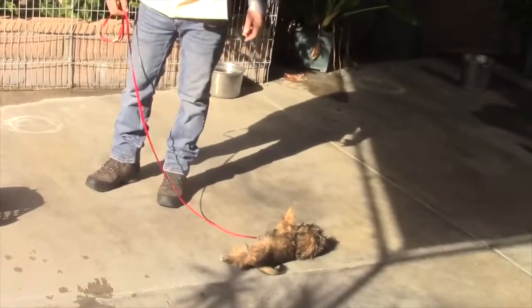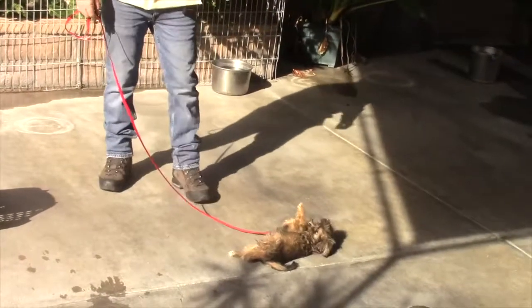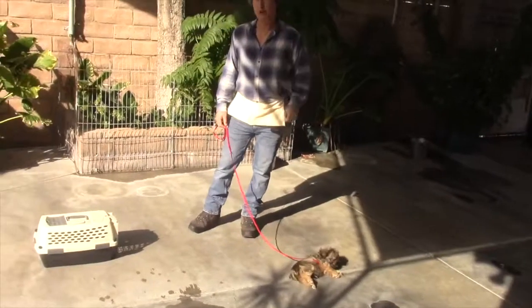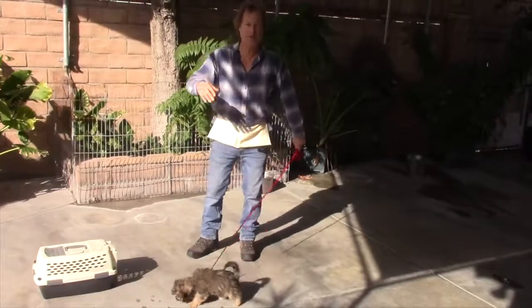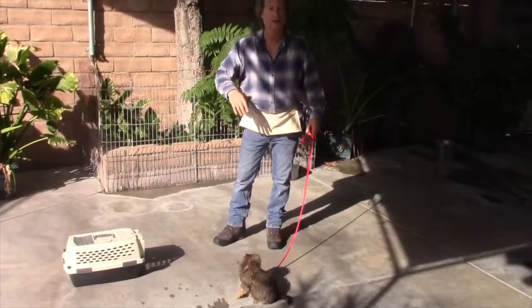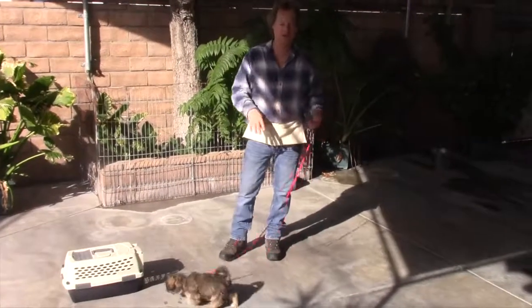All this time that I've had him, he's never had an accident in the house because I've followed those rules. And so you could ride this wave, do exactly what I've been doing. And remember, don't put him in his crate unless he was outside first and he's empty. If you have him in the house for a while, he may almost need to go. You put him in his crate, then he can't hold it, he may go because he's such a little baby